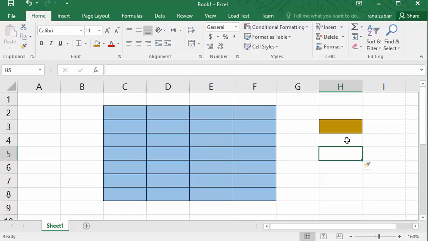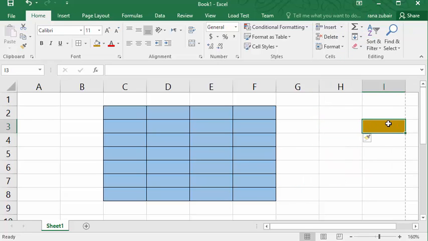Did you see it? The row is added on top, and whenever I want to add a cell at the left side, I have to select the right one to add a new column. Now it moves to the next one. Now you have seen that for a column it moves to the right, and for a row it moves downward.